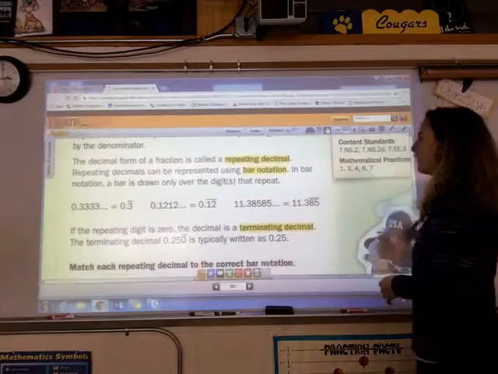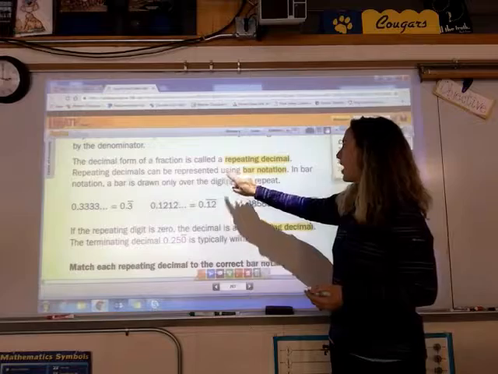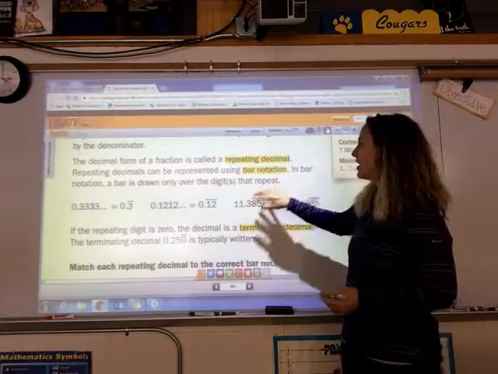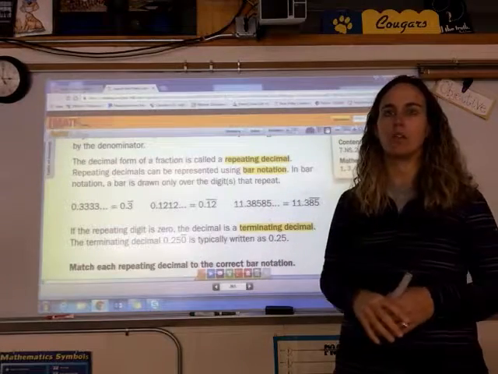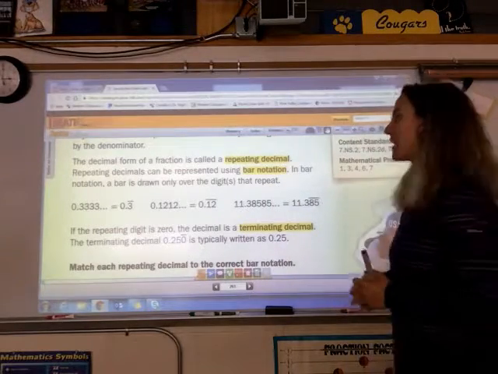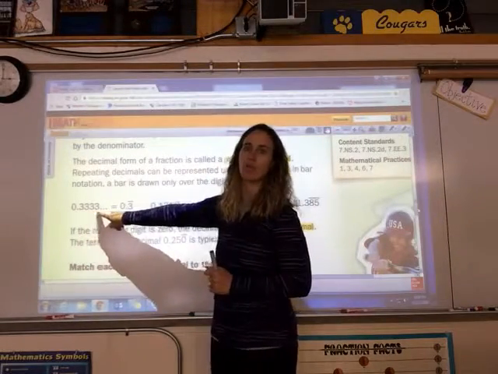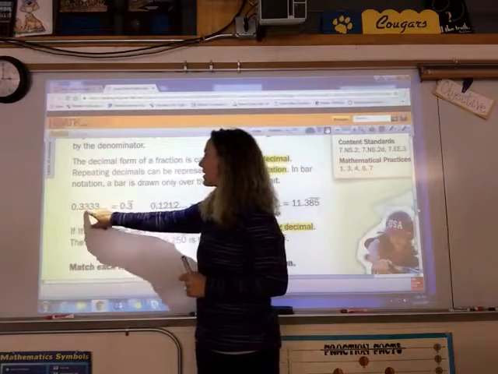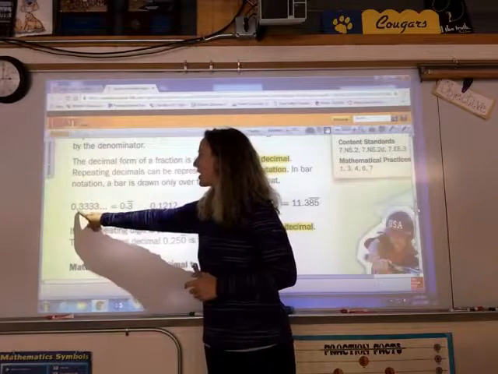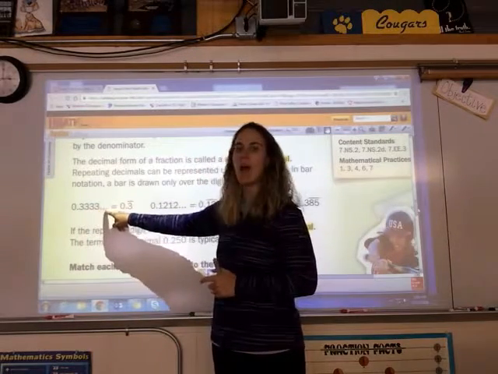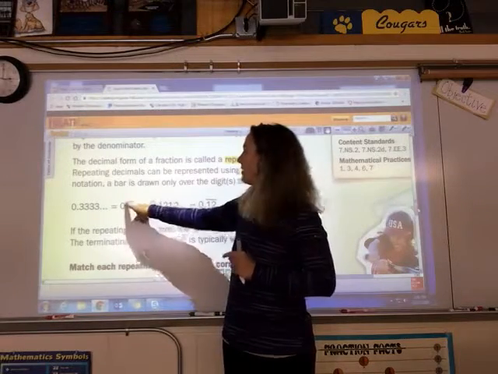Just to go back and review here a little bit, the decimal form of a fraction is called a repeating decimal. We can use bar notation to describe repeated decimals. Please remember that bar notation is only going to be used or drawn over the digit or digits that repeat. For example, over here you can see we have 0.33333 repeated. The 3 is going to continue to be the repeated digit, and so an easier way to write it, instead of writing it as